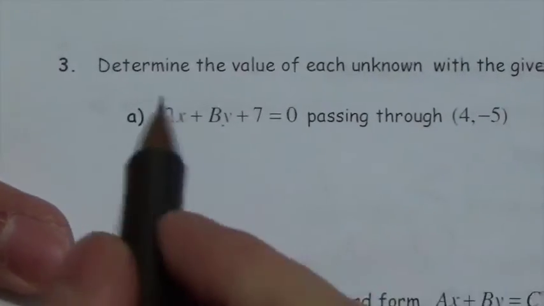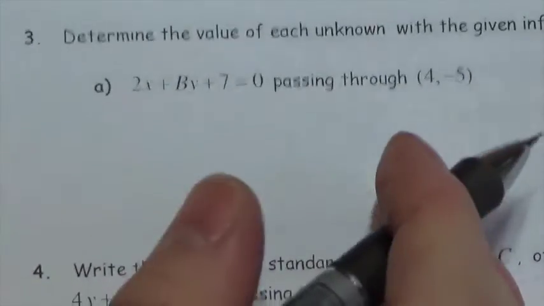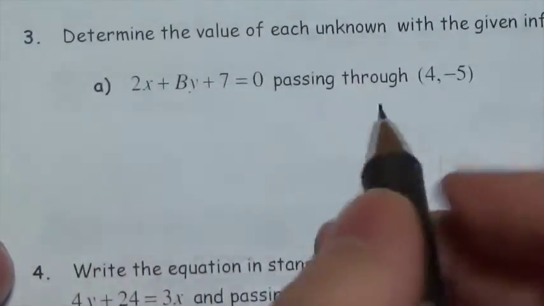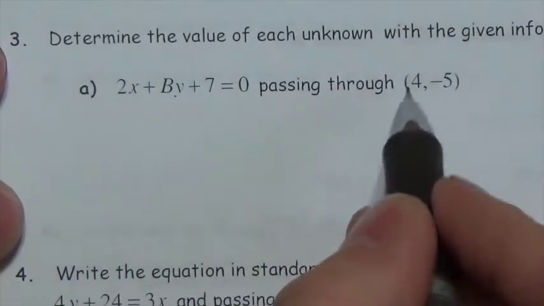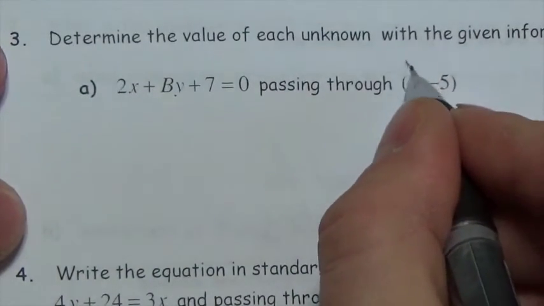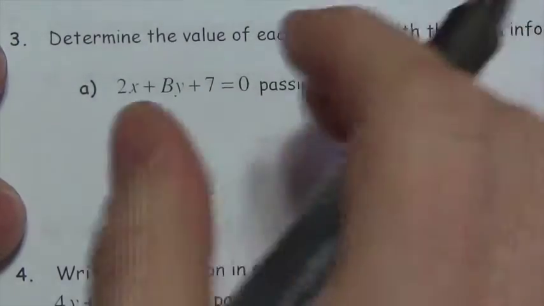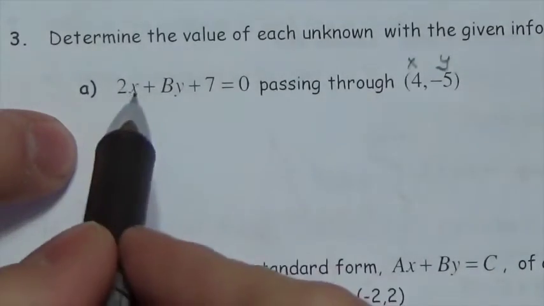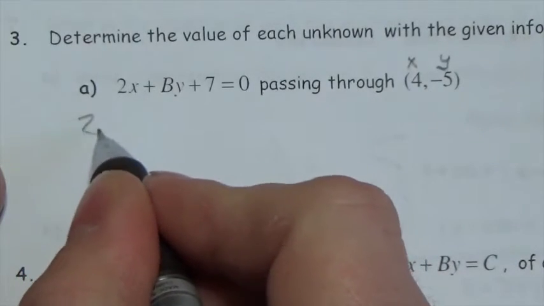Okay, so this question says determine the value of each unknown with the given information. So here we've got an equation partially done in general form. We know that it passes through the point 4, negative 5. Bear in mind what you're being told here. Okay, this is x, this is y. These are the x and the y coordinates of a point that's supposed to be on this line. Now that x and that y correspond to this x and this y, meaning that we can make the substitution